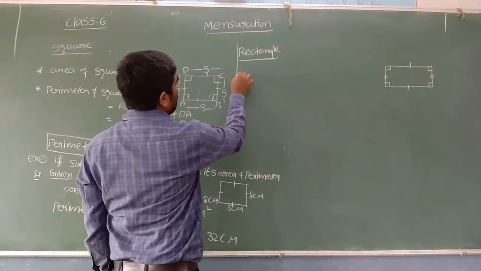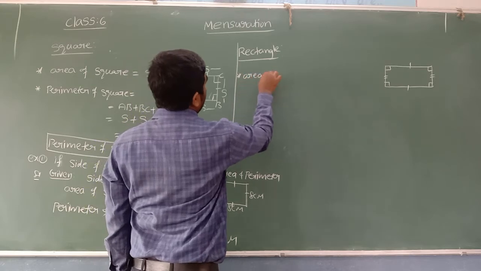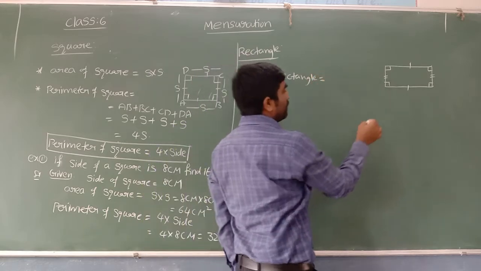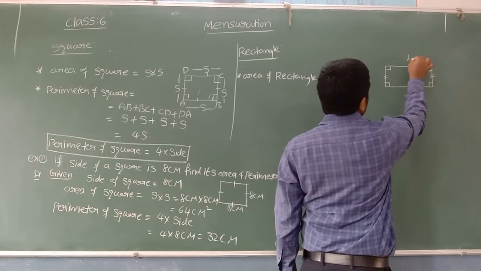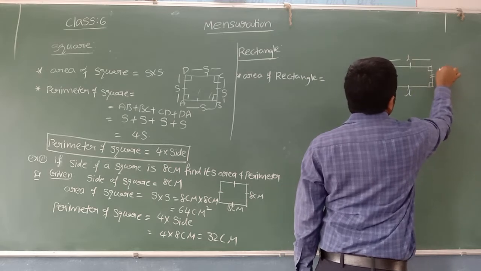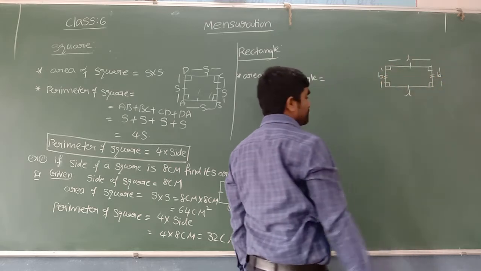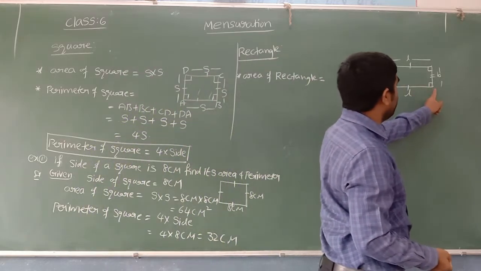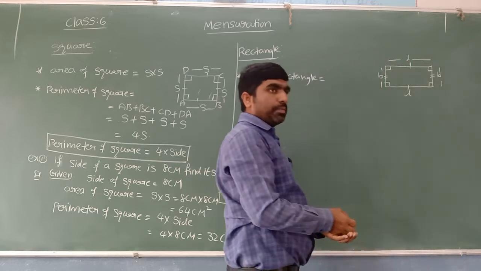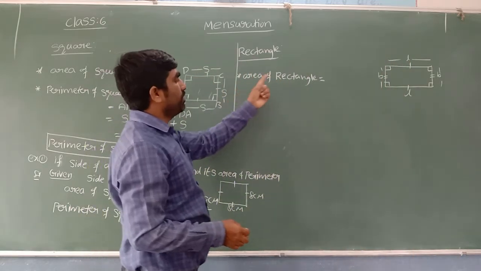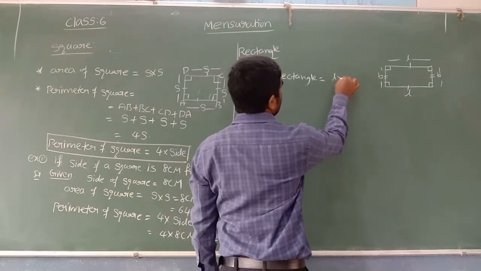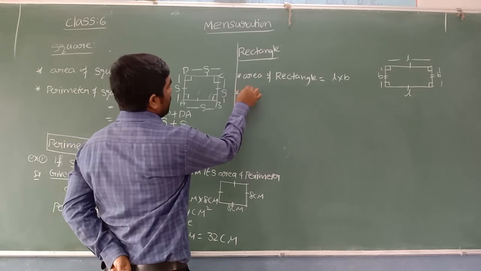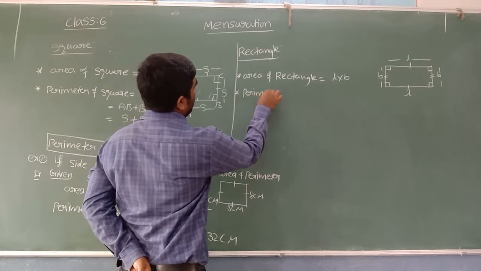Now if you want to know the area of this rectangle, what is the formula we have? Let me take this length; its opposite is how much? Length. And this I take as breadth; its opposite is also breadth. I said in a rectangle opposite sides are equal. The longest one I am taking as L and the shortest one as B. The formula to find the area of a rectangle is length into breadth.